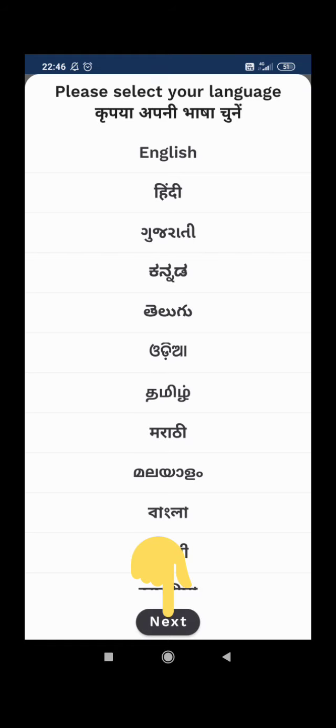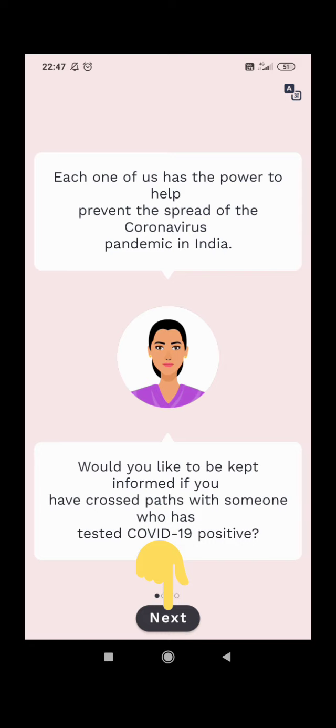Select your preferred language. I prefer English. Click on English. You can read the informations about COVID-19 like these and about this app by clicking on the next button.